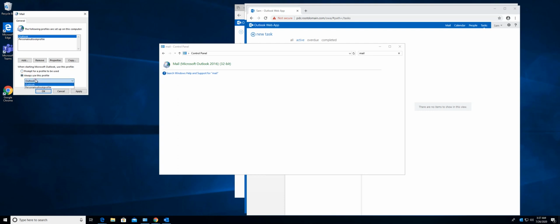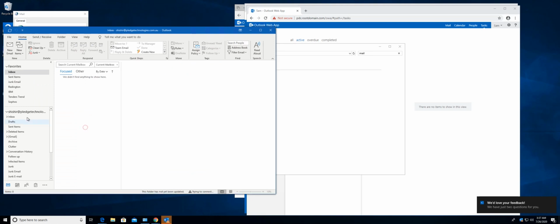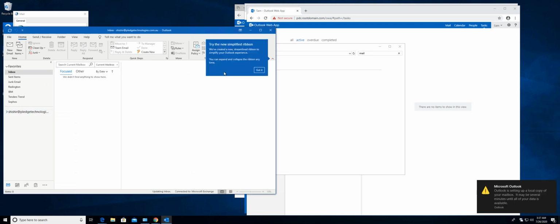When I say this, if I go ahead and set one of the profiles as default, then it will not ask me. It will always open as this. And then when you have to open with the other profile, either you can come here. Okay, so it just configured my account here, and